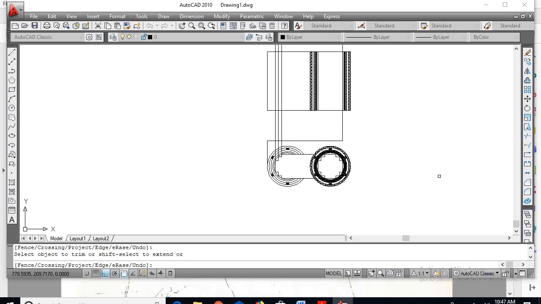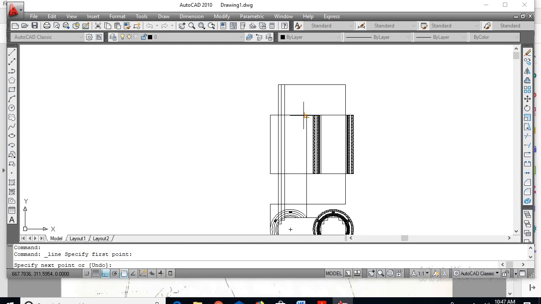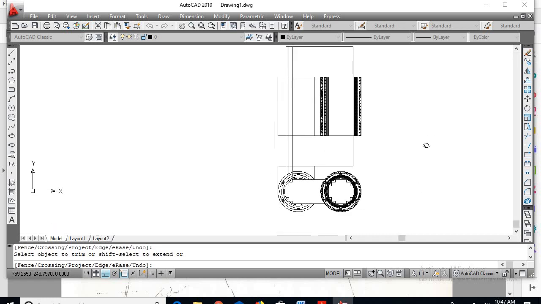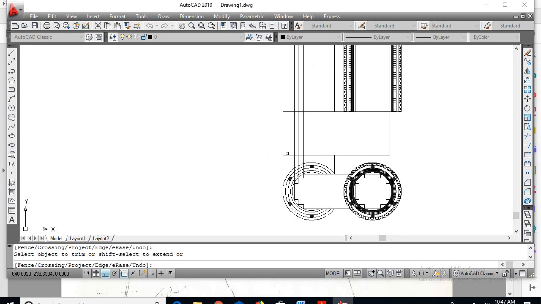Next, from here you extend a line to here, go for the trim command, right click, so trim this portion. Again here you can trim.